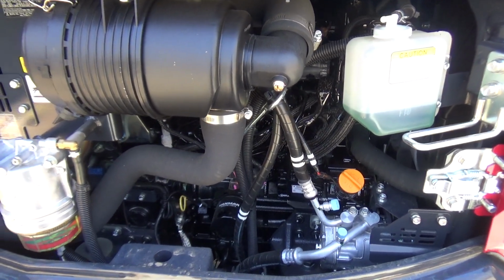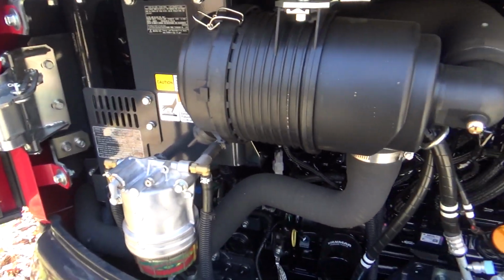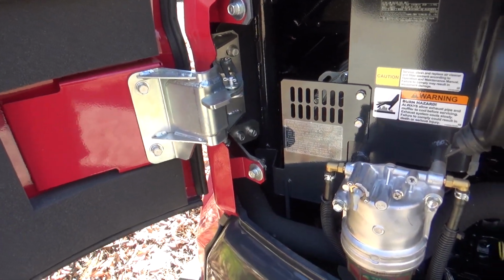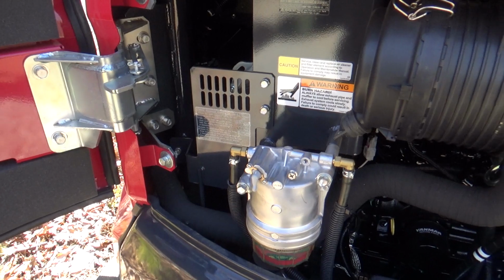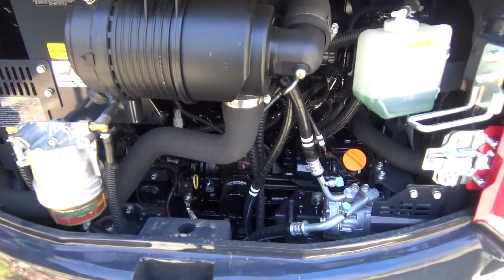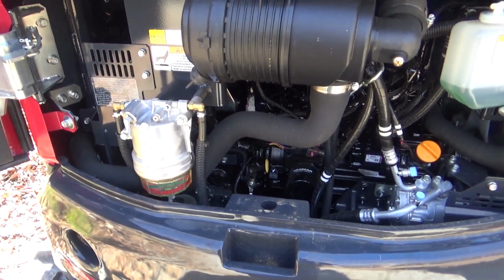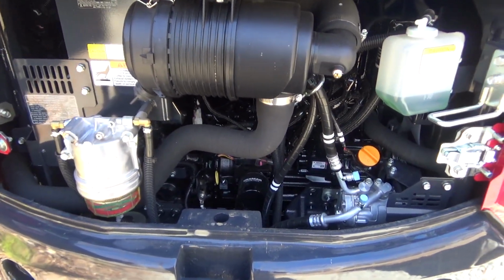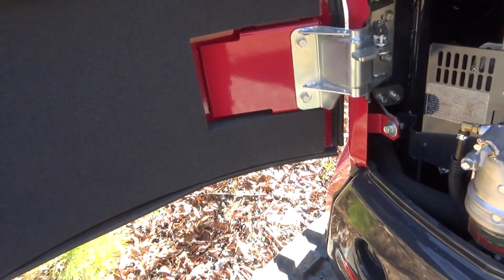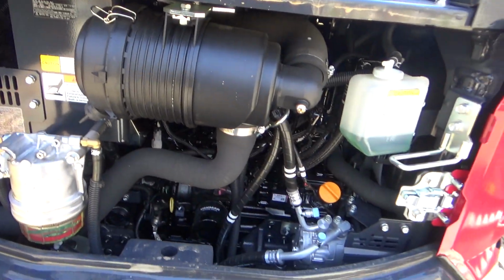All right, so over here at the Yanmar, one thing that I noticed just right off the bat is these door latches. That's pretty nice. Seems to be pretty standard across all the doors here on the Yanmar. So that is a nice feature. The door that raises up for the engine bay on the Case does do that, but I do like this door better where it swings out this way. Anyway,